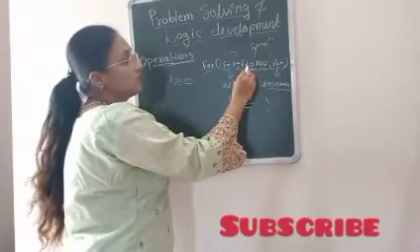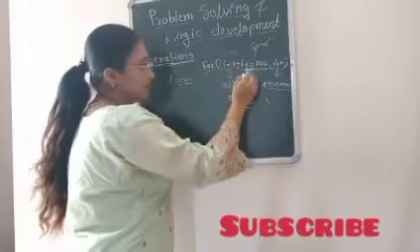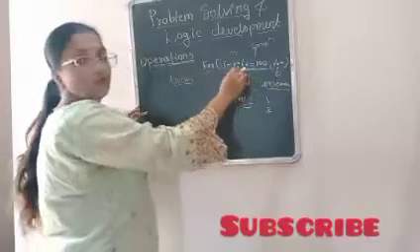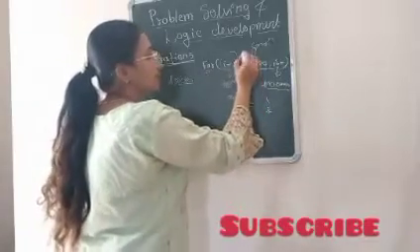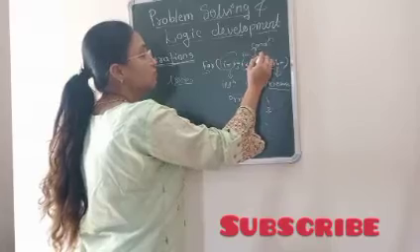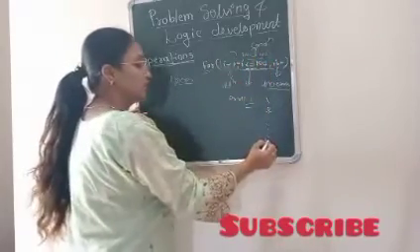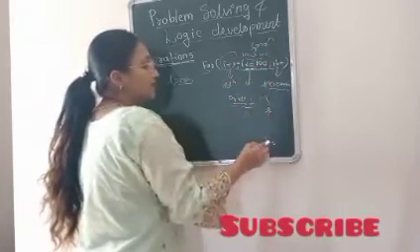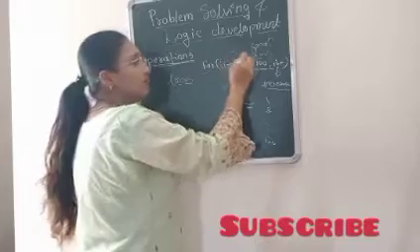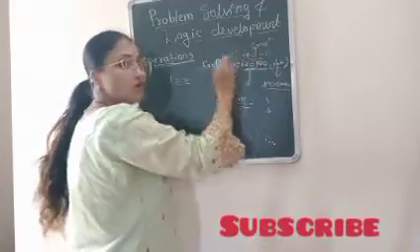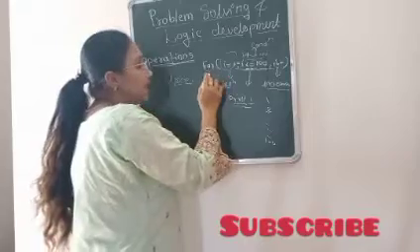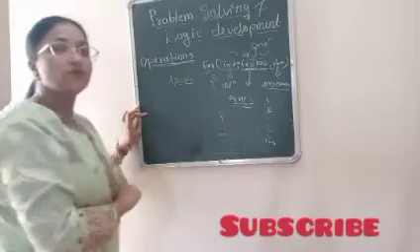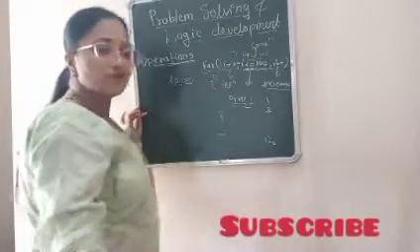Then 2 less than or equals to 100, condition true. Again the control will come inside. It will print 2. This will happen till 100. 100 less than or equals to 100, condition is true. It will print 100 with the help of printf statement. Then after printing 100, i plus plus, now i's value is 101. But 101 is not less than or equals to 100. For that reason, the loop will terminate here and the control comes out of the loop. So this was about the for loop